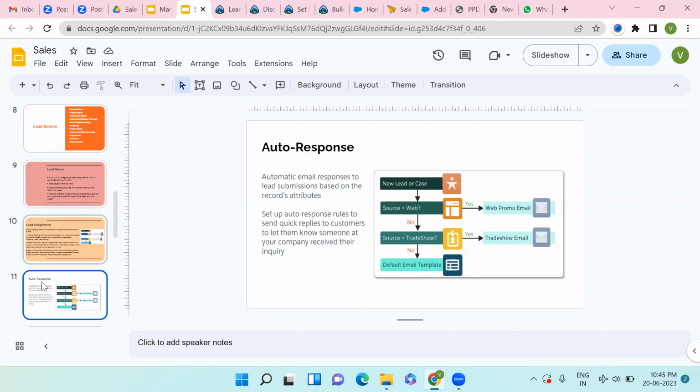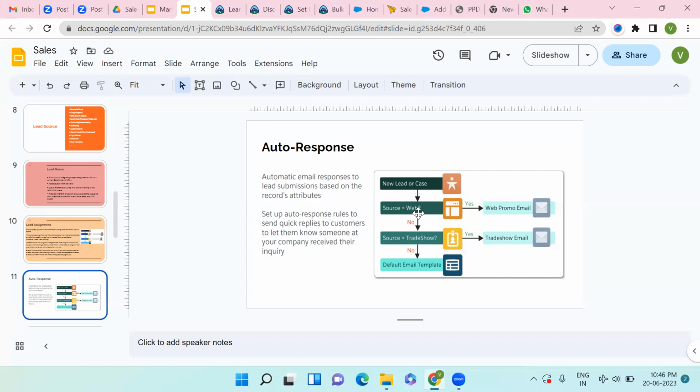And next is auto response. Yes. So whenever a lead is entered in your Salesforce or your company, you want to tell your customer that we have catered your service, and now we have created you as a lead. So an automatic response will be sent to acknowledge the customer that your account or lead is created. Now we will take a call with you, we will send an email to you, so that our conversation will go further, and our bonding will be best, so that we can generate revenue. So this is the auto response rule, actually.